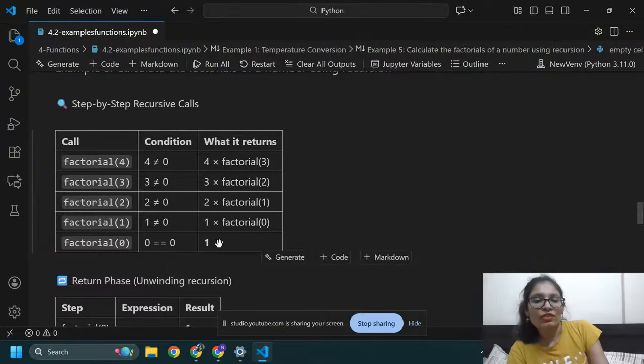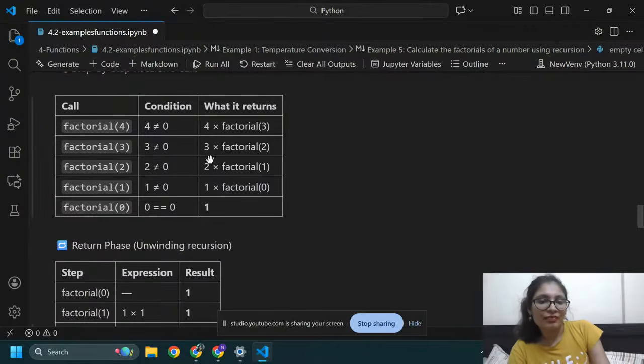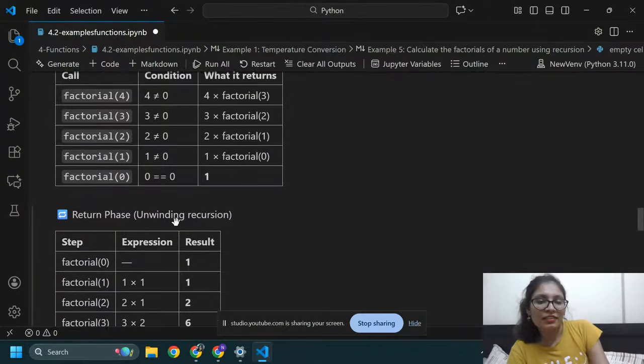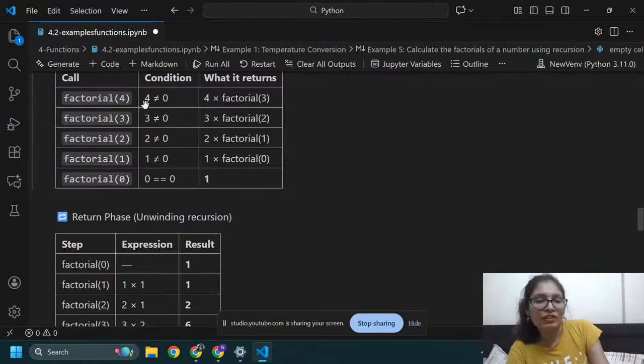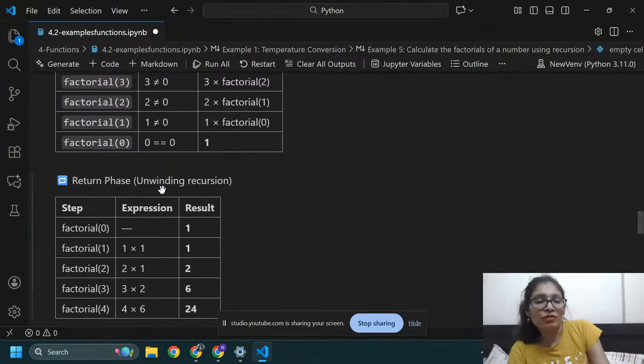Okay, so here I got 1, and this is the base condition and this is the recursive condition, the return phase. Okay, so like if you are on stairs 4, stair 3, stair 2, stair 1, and you are at the bottom stairs, then again you want to go up, so you need to go to stairs 0. From stairs 0 you need to go to stairs 1. Okay, so here factorial 1 is 1 and factorial 0 is 1, multiply 1.